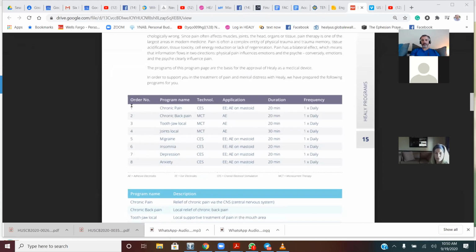So I can look at these 1, 2, 3, 4, 5, 6, 7, 8, okay? And if I went through number 8, and if on my phone itself, I'm confused as to which programs are which, I can pretty much guess what number 8 is going to be: anxiety. And best way to use it on the mastoid bones or with ear clips, right? So again, migraines on the mastoid bones or with ear clips, insomnia, depression, all these different things, right? So that's an insight for you there.